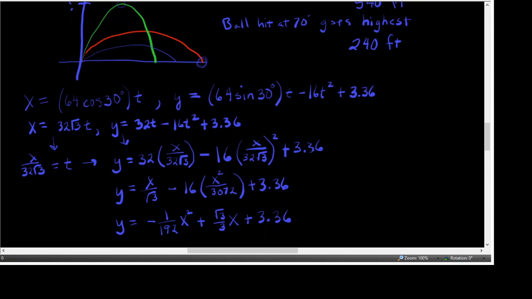And of course, that's the equation of a parabola with a negative leading coefficient, which means it's going to open downward. All right. So that's the type of path that it follows, a parabolic path, because that's the equation of a parabola. Okay. So,